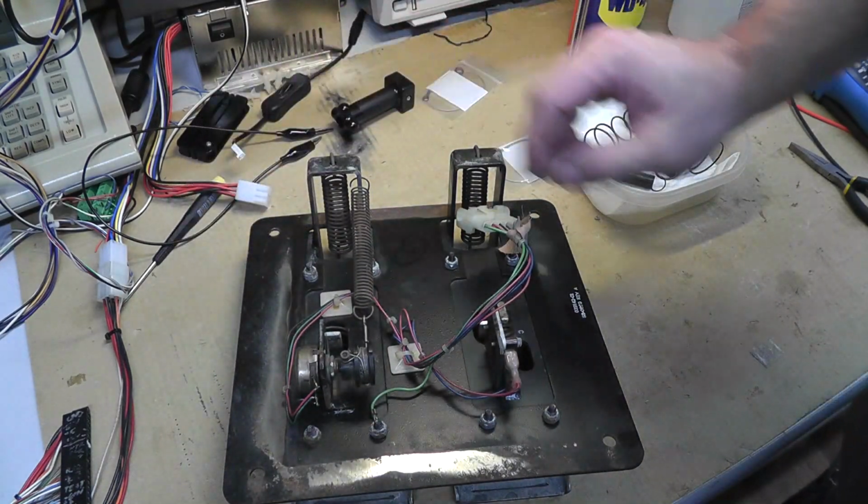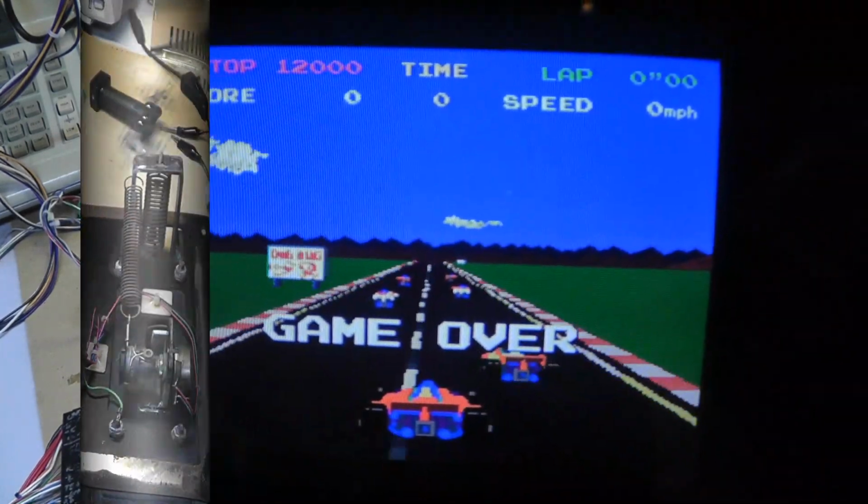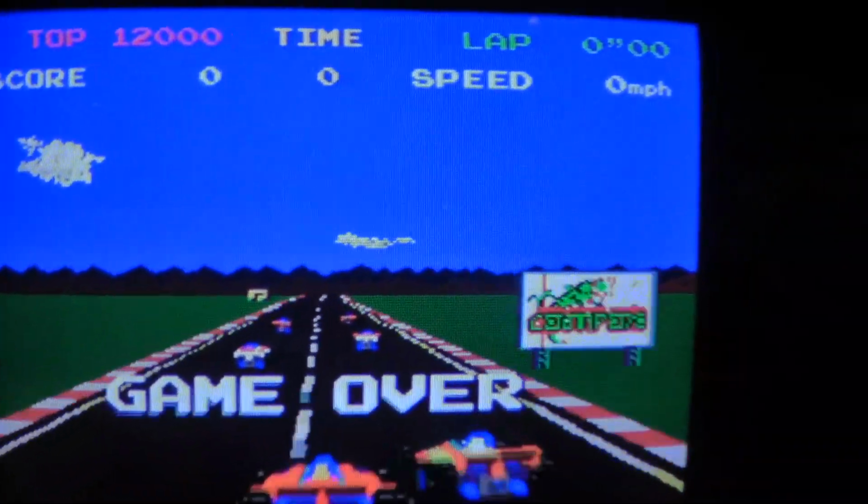Alright, so what else did I want to show? I think that's it right now. Let's put it in the cabinet. Alright, so let's go into test mode. And the problem I was having last time